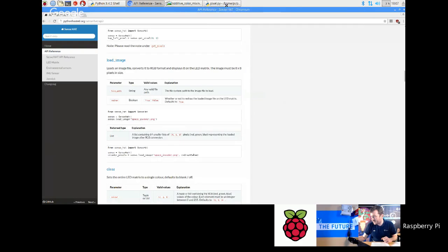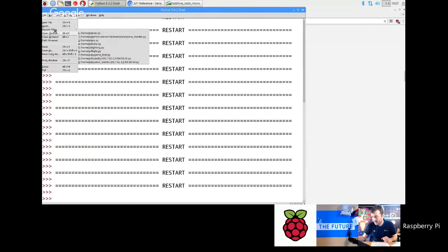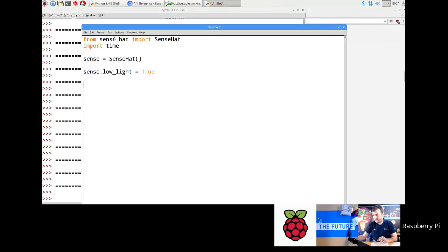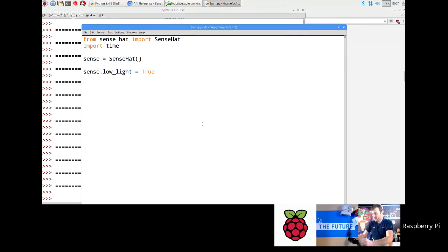I'm going to close that, and we're going to go File, New File on your Python shell. I'm going to move that out of the way of the Google logo, and save this one as hum for humidity. All you do is a while True. This is kind of like the forever block in Scratch, an endless loop, which you can break out of using Control-C. Then we're going to go print